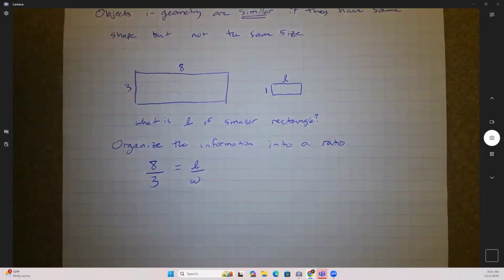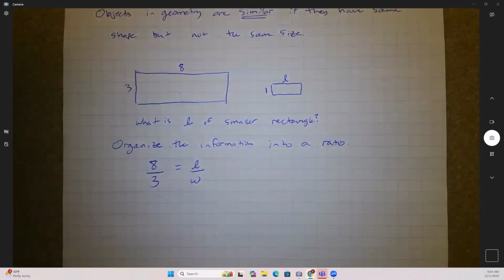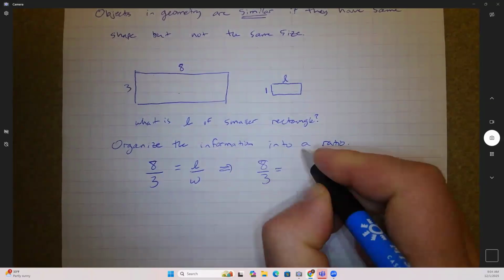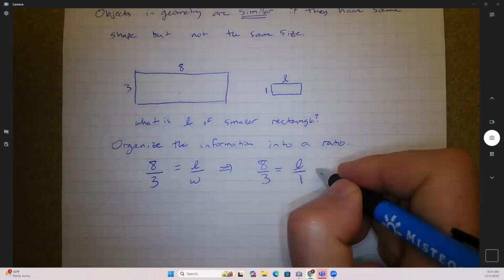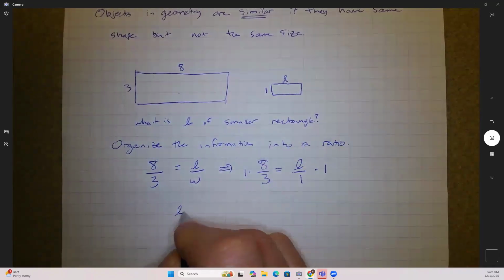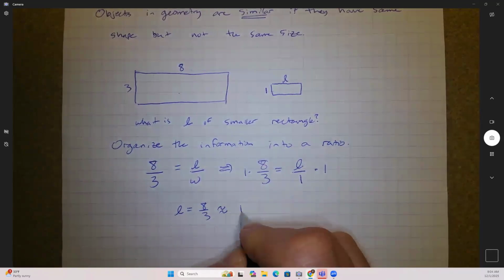If it has that shape, then the ratio of the length to the width must be 8 over 3. So that means 8 over 3 should have the same ratio as L over 1. And I multiply both sides by 1. And I get that L equals 8/3 or about